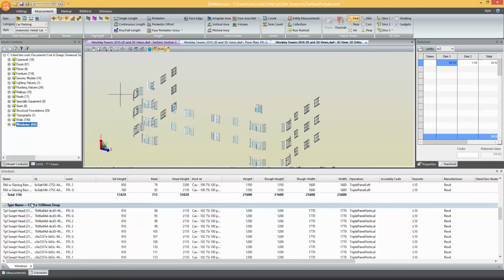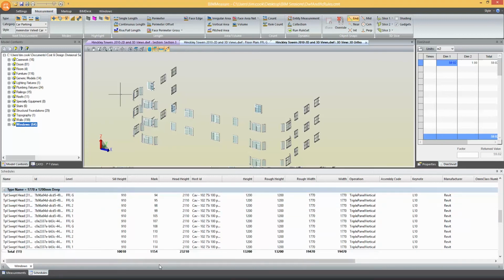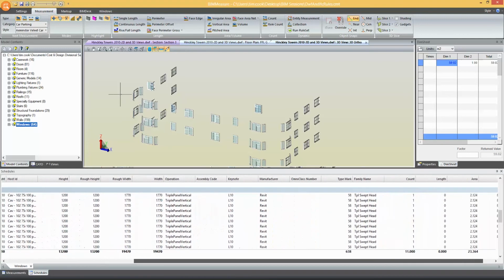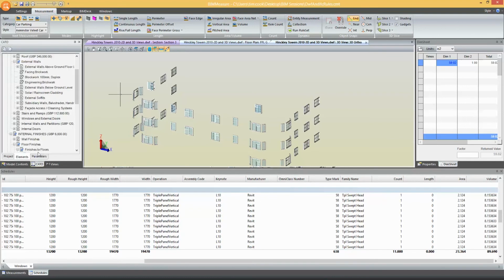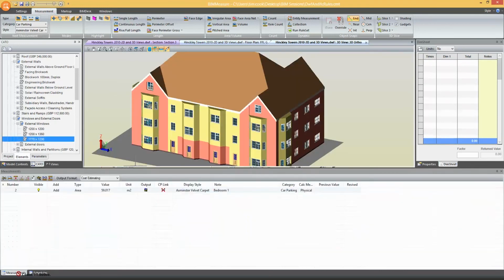So I now have all the different types of windows ordered by their size. So for example, the 1770 by 1200 window, if I was doing a simple window count, obviously the information for count appears in my list here, as does the area. So I'd revert back to my cost plan, and if I wanted to automatically populate my cost plan, I would find the item that I wish to measure, 1770 by 1200 window, and then I simply drag the measure into the measurements, and again